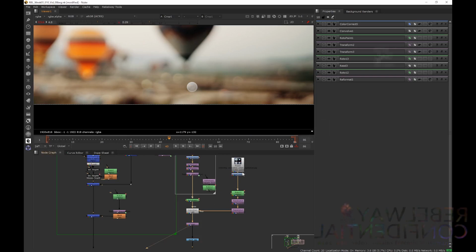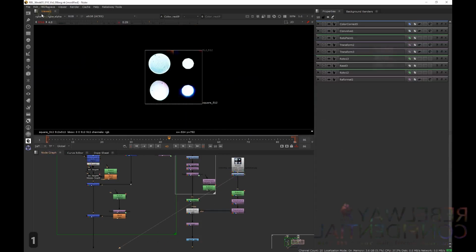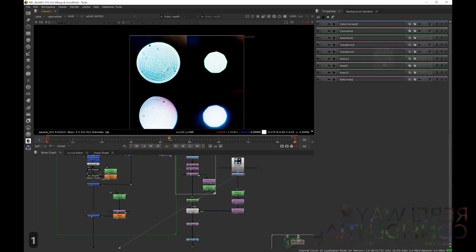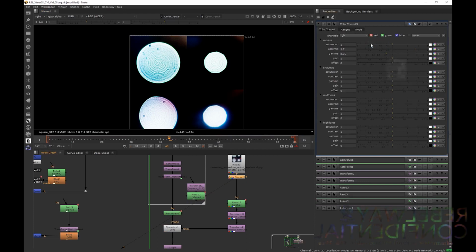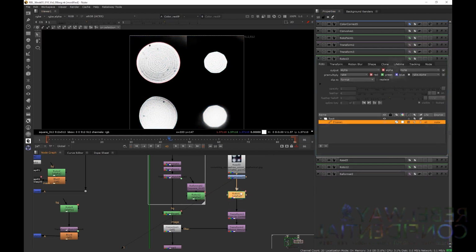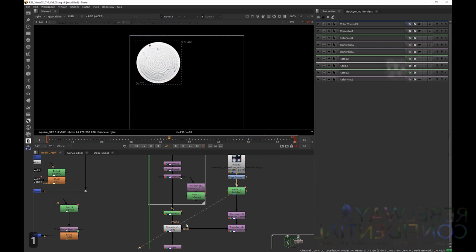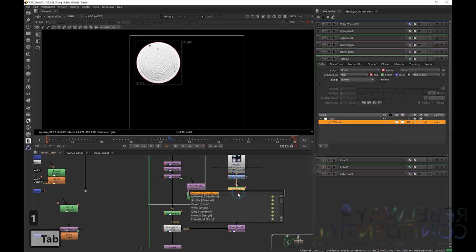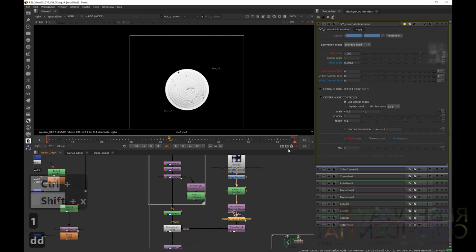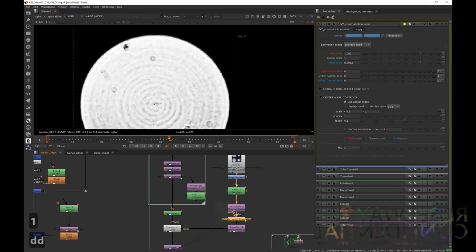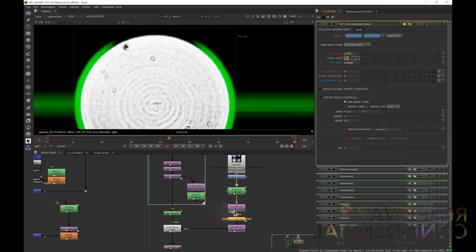And so what we can do is tell it to use the RGB of this image. So in order to do that, let's first just desaturate this because we don't want to change the color. And then let's add that little green highlight back in. And we can do that by using an FXT chromatic aberration. Let's actually use this after we've centered it. And what this will do is it will start to introduce